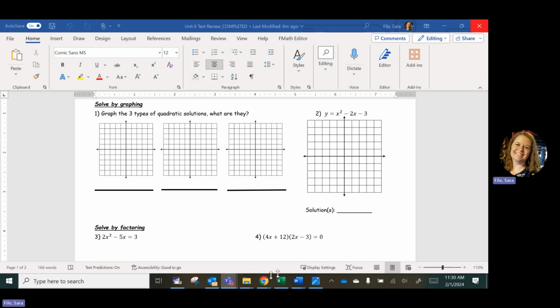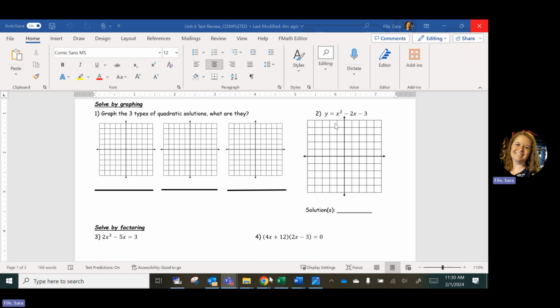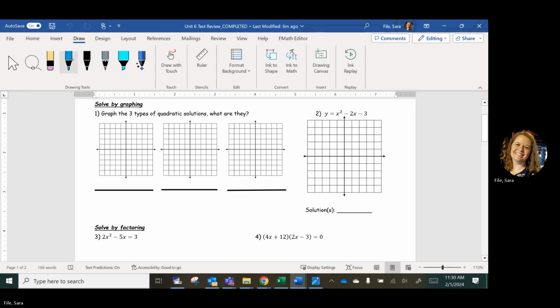All right, so for graphing, okay, this is just asking us what the three types are. So I need my pen here. All right, so graph the three types of quadratic solutions. Okay, that would be two solutions, two real solutions,